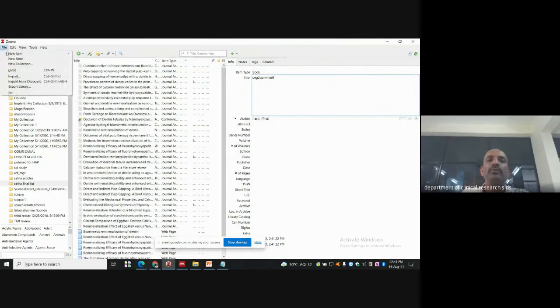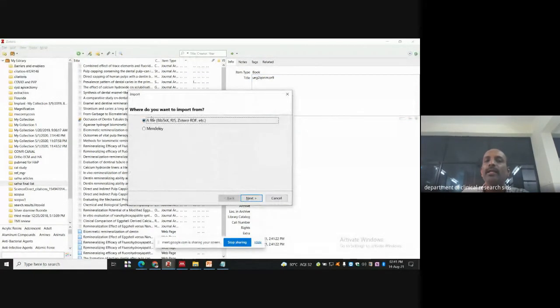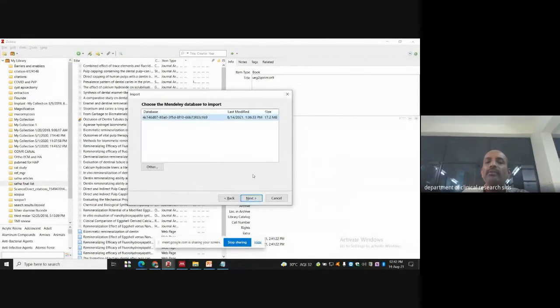So I want to go, okay, new collection. If I want to import something from outside, then you can click import. Either you can import as a BibTeX or RIS format or a Zotero RDF format, or you can import from Mendeley also. Okay, the portability between Mendeley and Zotero has come almost 4 or 5 years back. Before, there was no portability. If I click Mendeley, then automatically it goes there.